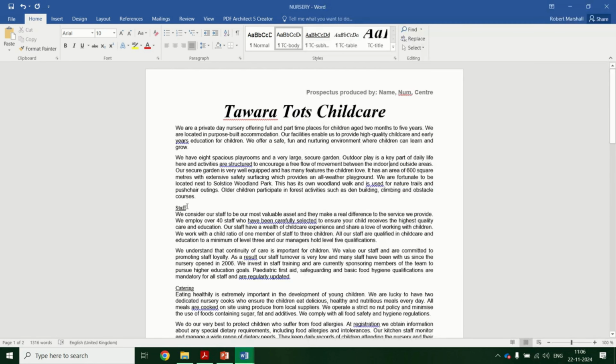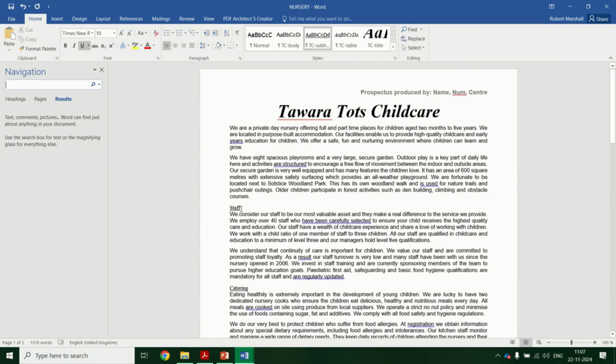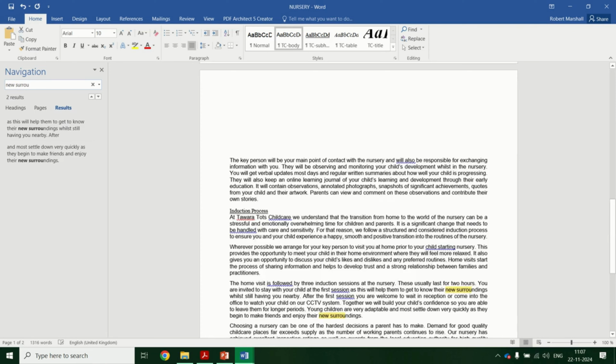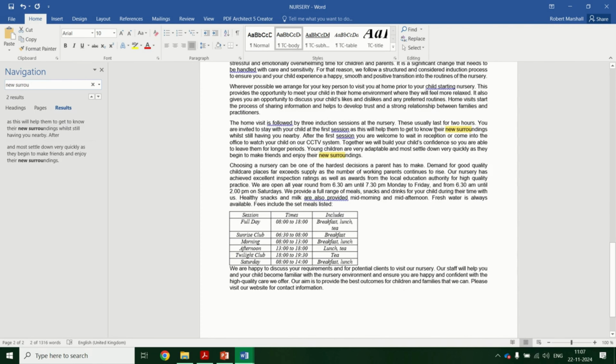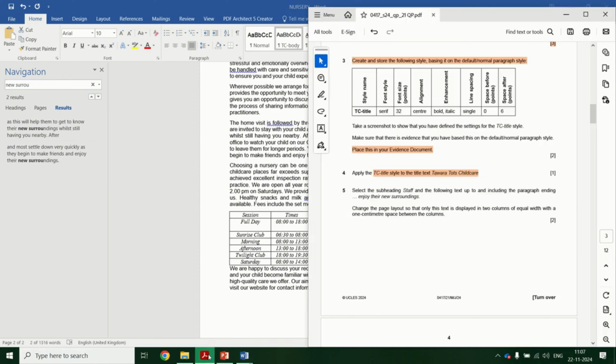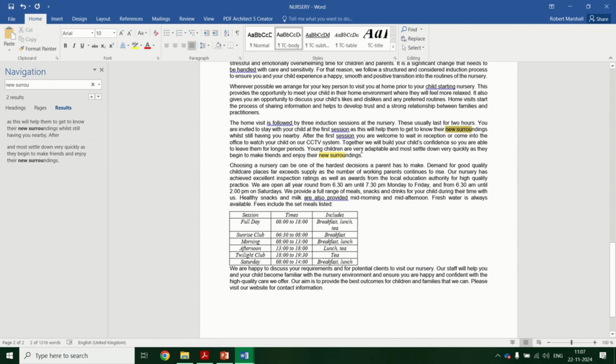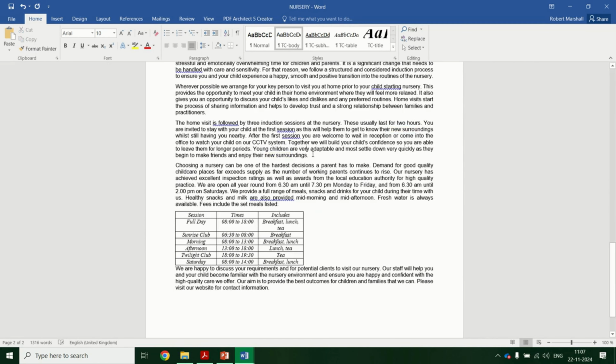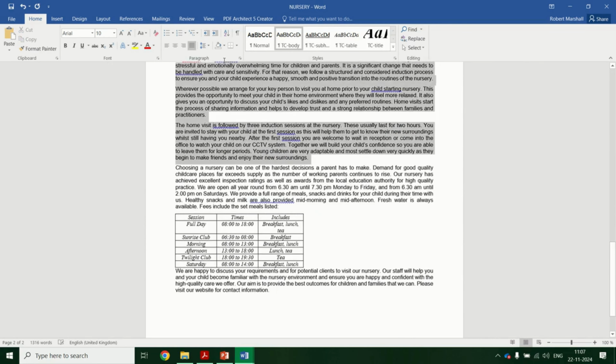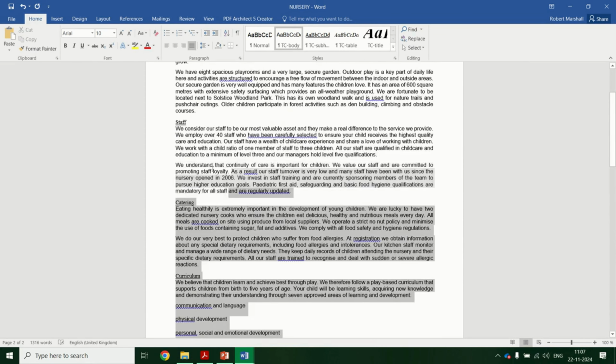Next one, select the subheading staff and the following text up to and including the paragraph enjoy their new surroundings. So staff is there. I can do Control F, a quick way to find new surroundings. Okay, and it says make friends and enjoy. There's 2 new surroundings. Enjoy their new surroundings is this one here. Okay, so select all of that but nothing after, from staff,